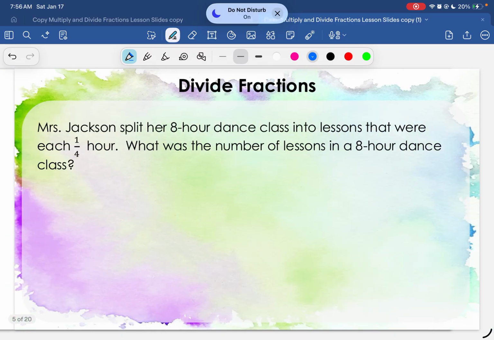So first of all, in 5th grade, we don't do fraction divided by fraction. So if you're looking for a fraction with a fraction or a mixed number, check out other videos that I have